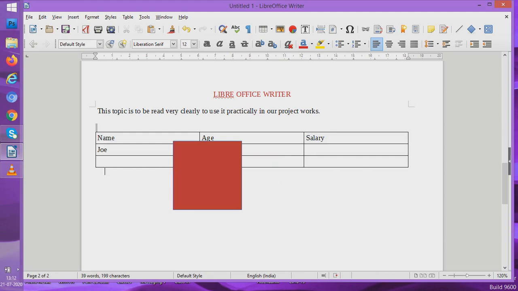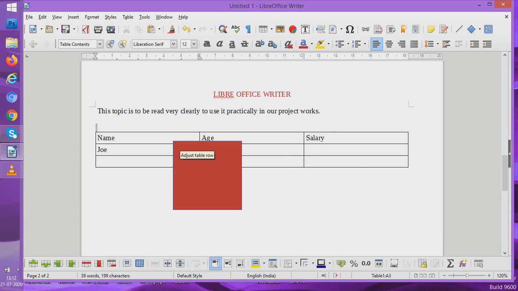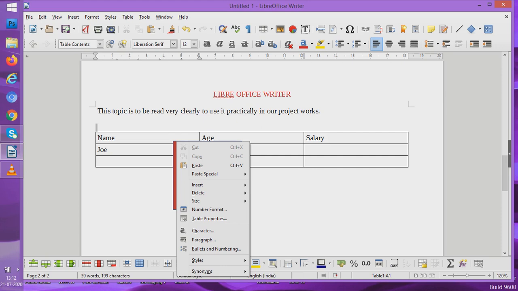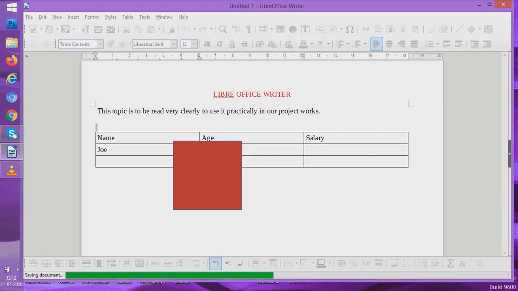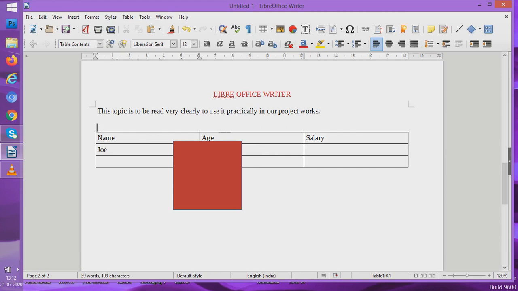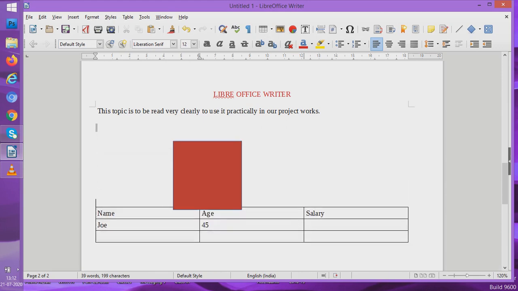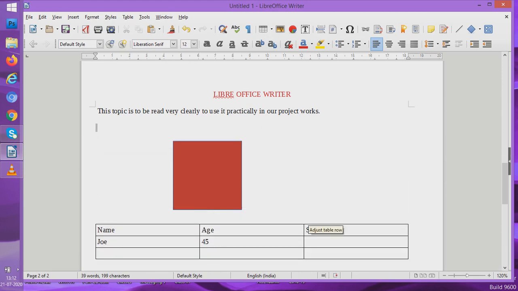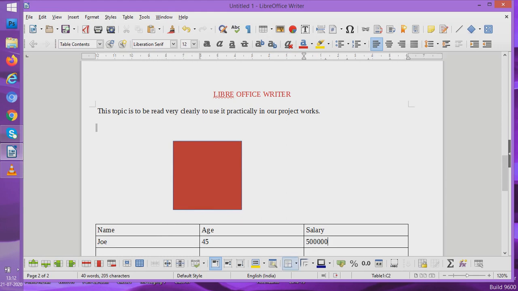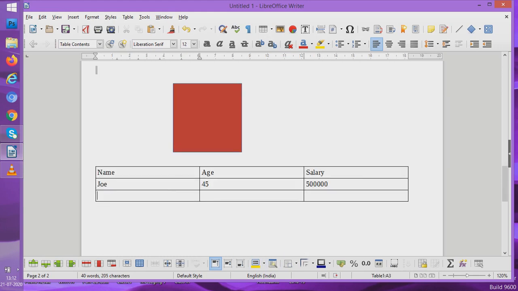Because this given rectangle is there and that rectangle is not allowing us to show. We could have deleted this rectangle, but we can also even put this given table down if we want that rectangle. And here we are putting, say, salary. Now there is one more, say Scott, his age is 50 and this is the salary.